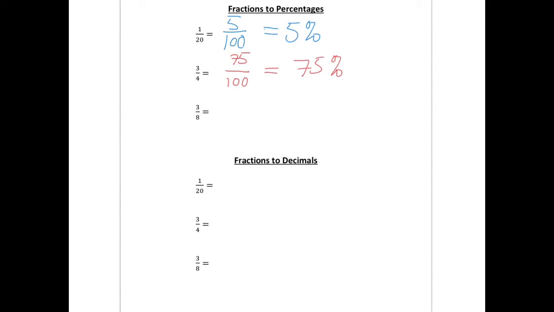Finally, this last one, 3/8, probably the hardest here. What do I multiply 8 by to get 100? Maybe that's not something that you're sure about immediately. But what I could do is make it out of 800 quite easily, just multiplying everything by 100, top and bottom. And I'm going to then break this down a bit like we've done before with equivalent fractions and say, well, that's over 800. Instead of over 800, let's make it over 400. So that's 150 over 400, which is 75 over 200,